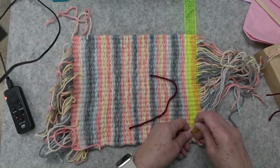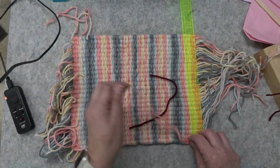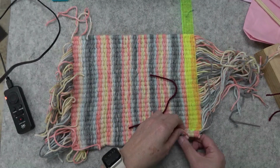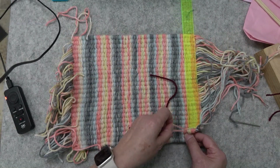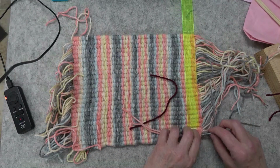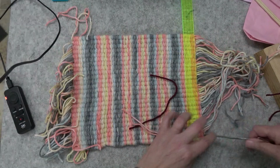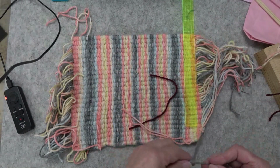You don't want to pull them too hard because it'll get scrunchy on the top, and then you can straighten all that out after you get it pulled down. And this is another opportunity to straighten out this top edge as you go. So let me do one more. I'll take the next pair,